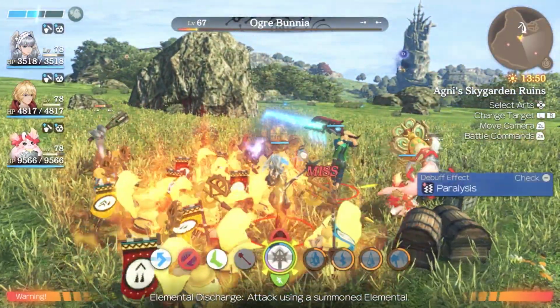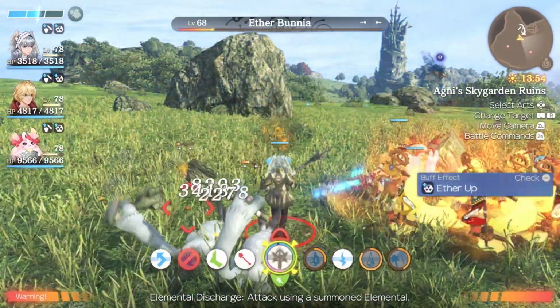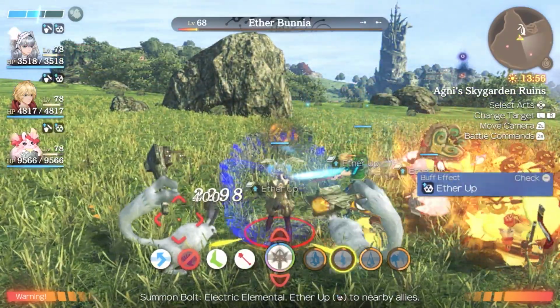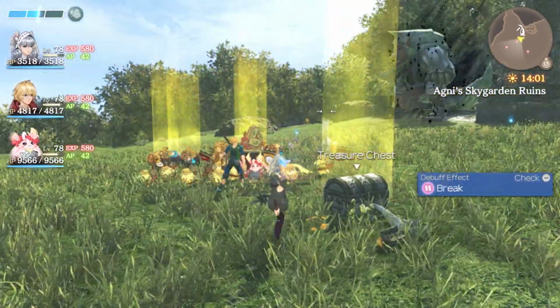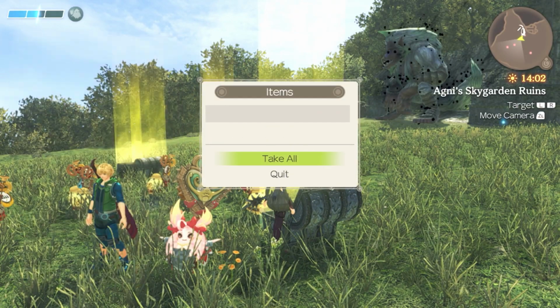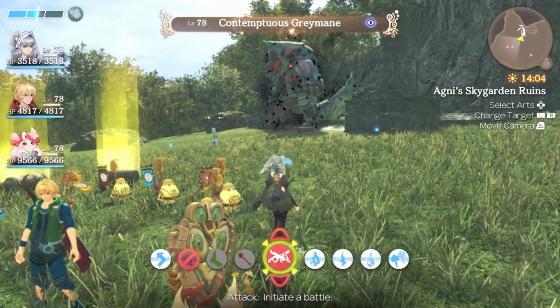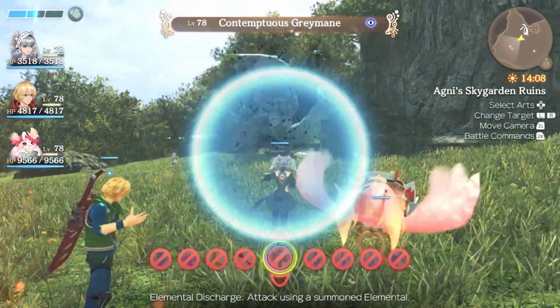We don't need to worry about that annoying flyer or the others anymore because it's not exactly needed. There's the case. Bolt back up. Alright, good. All of them are dead, and now we can actually go after the unique monster by itself. Never mind. Apparently not, but whatever. Contemptuous Greymon is the only one that can have the Sun Staff,